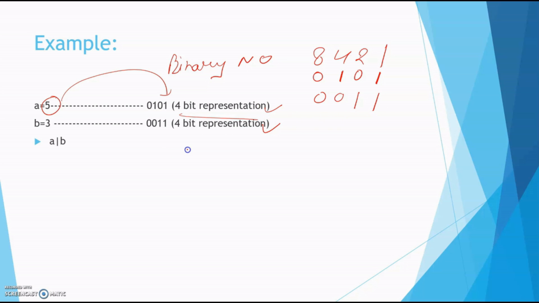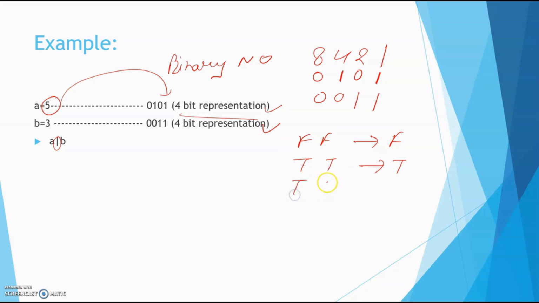If we talk about this, that is our bitwise OR operator. The condition of the bitwise OR operator is that if both the conditions are false, then it gives a false result. If both conditions are true, it gives true.